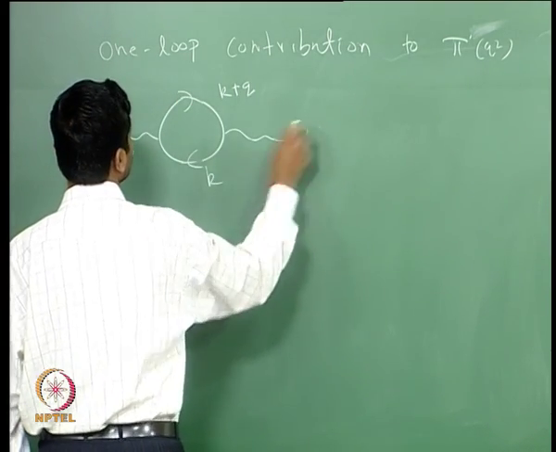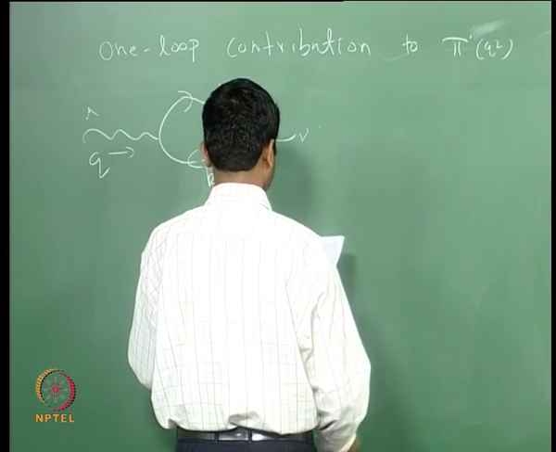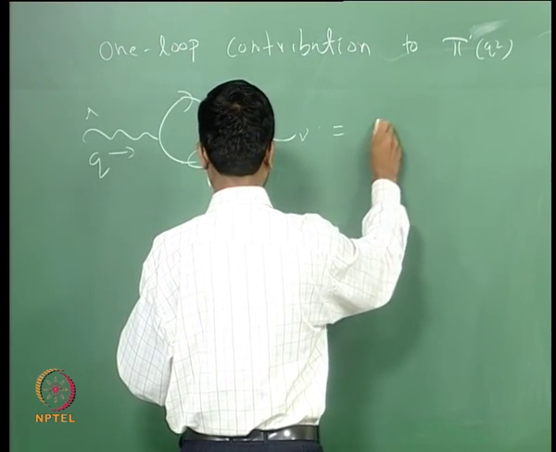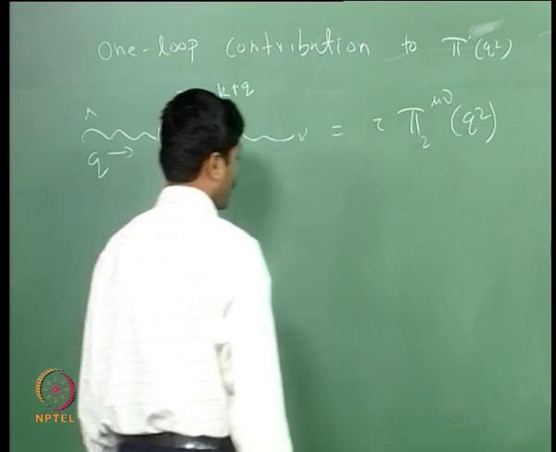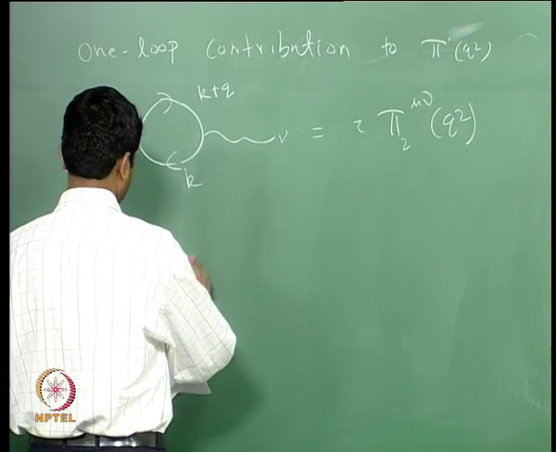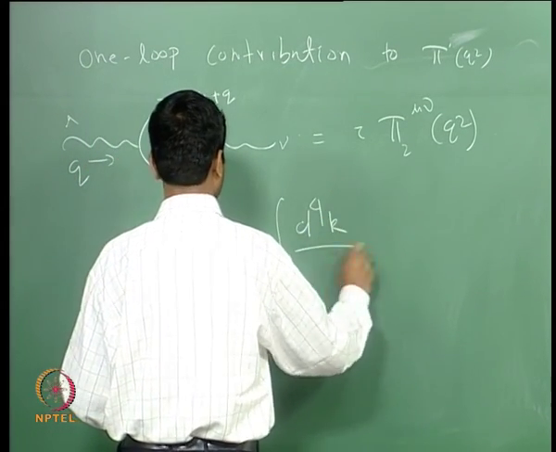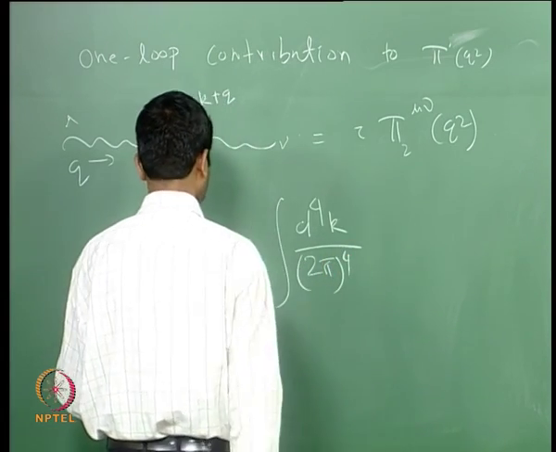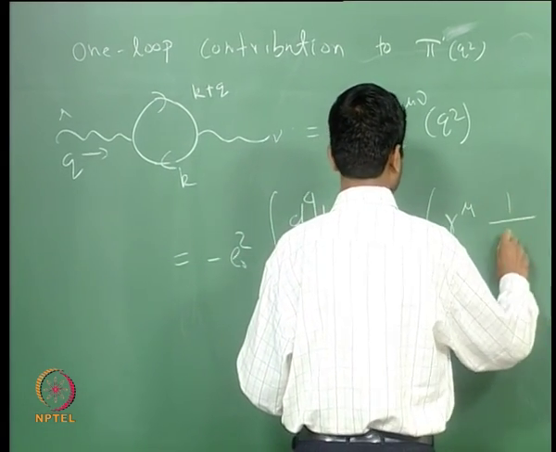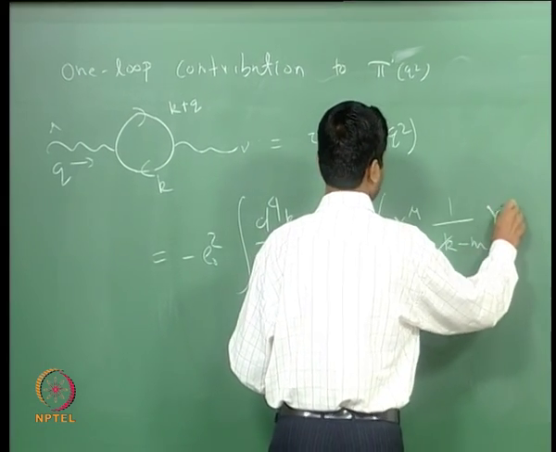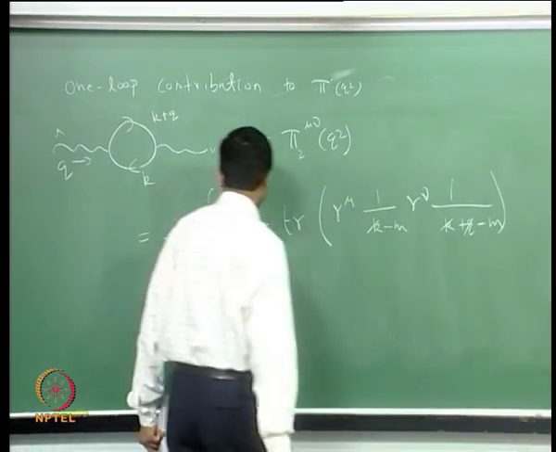This is mu nu. We know what the amplitude for such a process is. It is basically given by i by 2 mu of q square, and this is simply minus e_0 square integration d^4k divided by (2 pi)^4, trace of gamma mu 1 over k slash minus m gamma nu 1 over k slash plus q slash minus m. This is what we have,